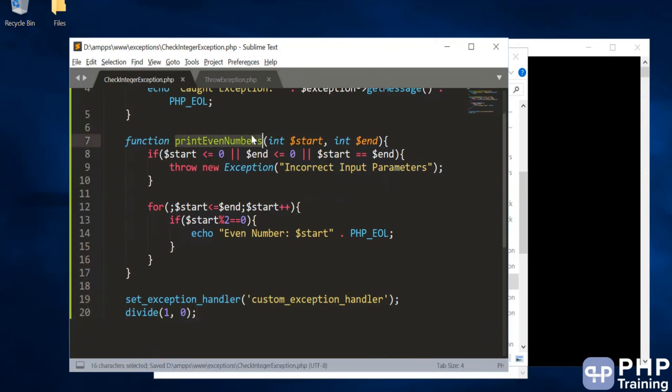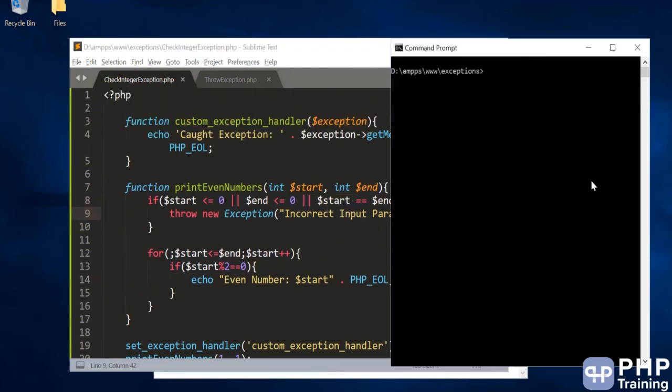Then we just change the method name and call it with 1, 1. This will execute with start equal to end, so we'll get an exception, and the exception will be printed here. So let's check the integer exception.